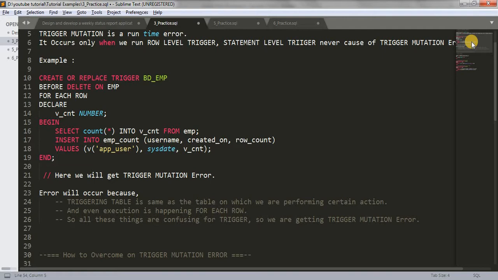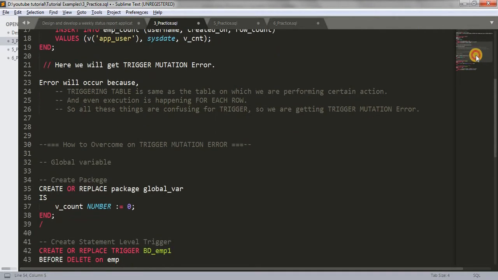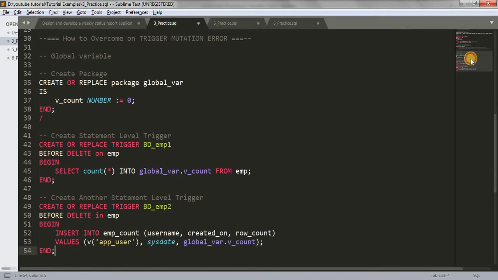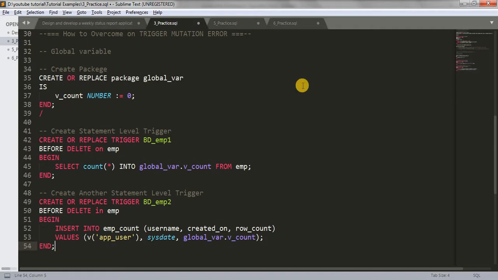All right. As you can see, in our last tutorial I created this trigger, and because of this trigger we were getting the trigger mutation error. So let's come down, and here I have written the solution. How to overcome the trigger mutation error, I just explained the same thing here. To avoid the trigger mutation error, what we have to do is create a